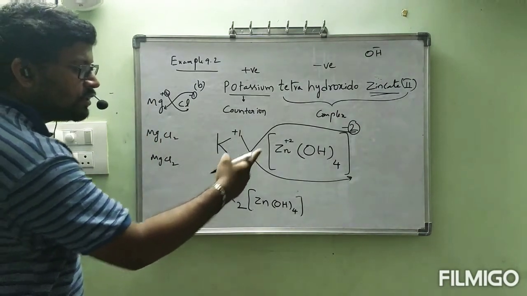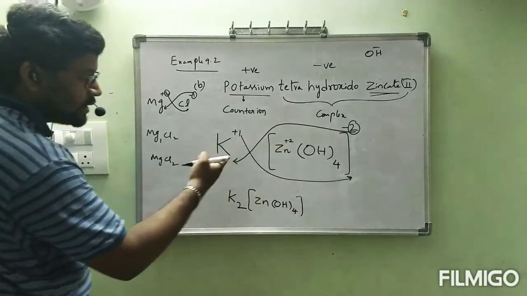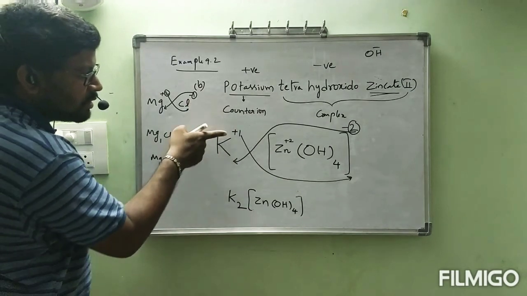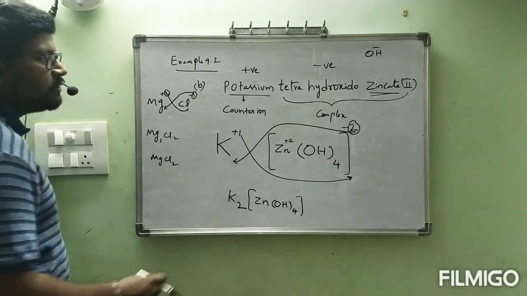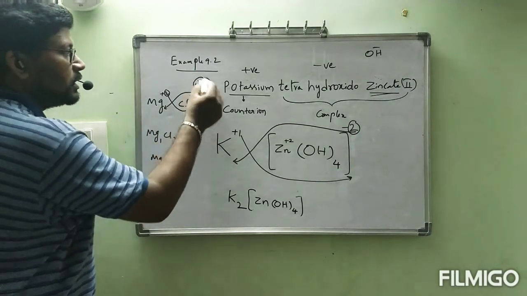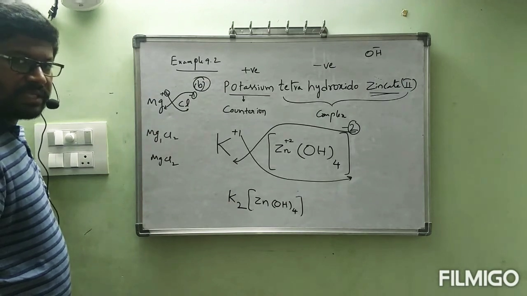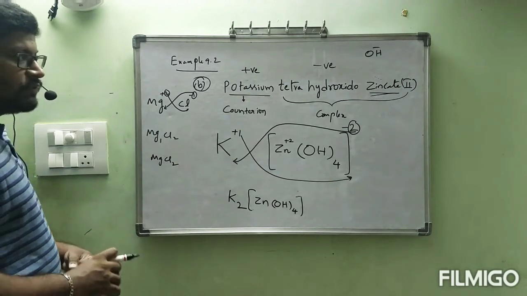How did we write this formula? Same way here also. We have to find the charge present on the complex ion. That charge must be written here. K, counter ion we found, potassium. This one must be written here. So K2ZnOH4. This is the formula of the compound. Example 9.2b. Now we will see example 9.2c. Okay, let us continue. I hope you are clear. Once observe this, ma, all of you.